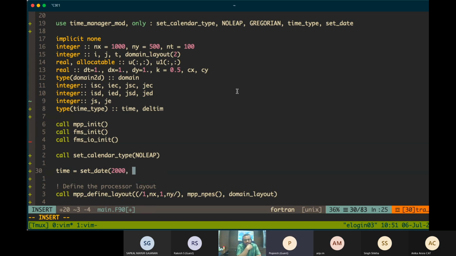Let's say I'm giving 2000, and then January, 1st of January, and then hour 0, 0, 0. What this will do is take this date and time and convert it into a time type, and assign it to this time variable, this time object.